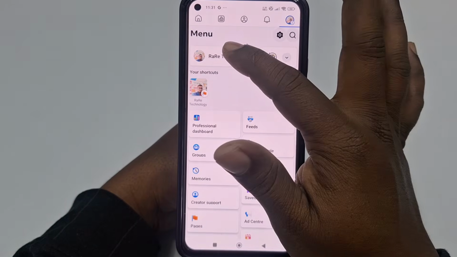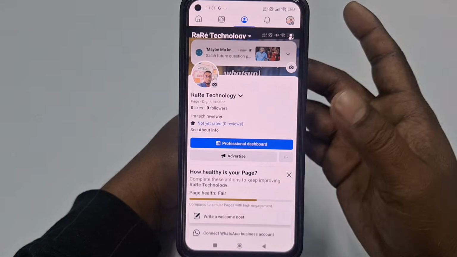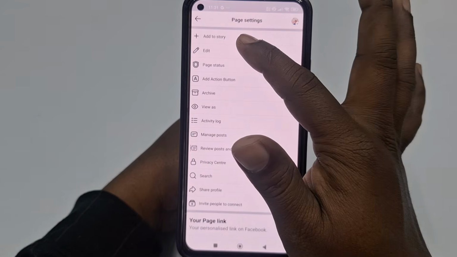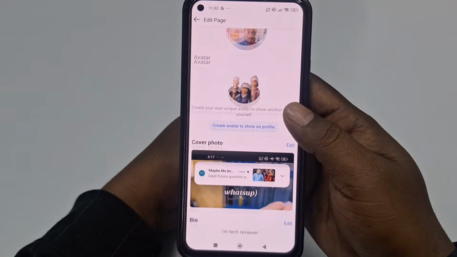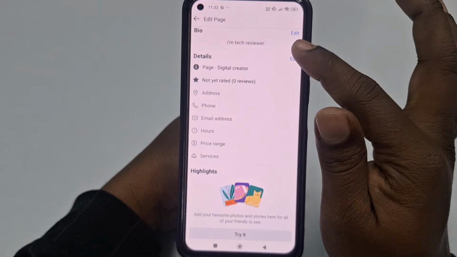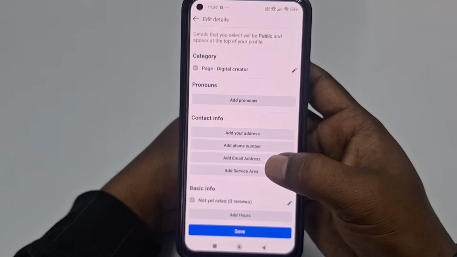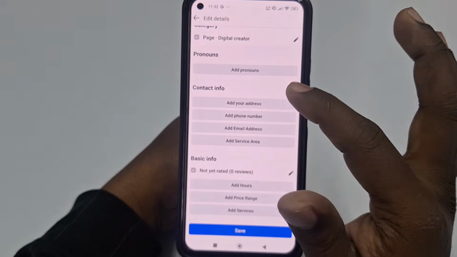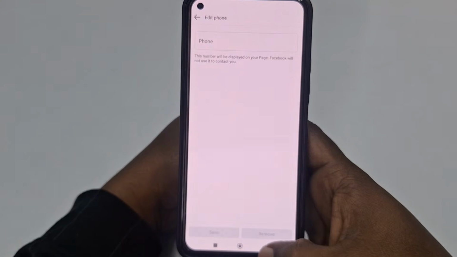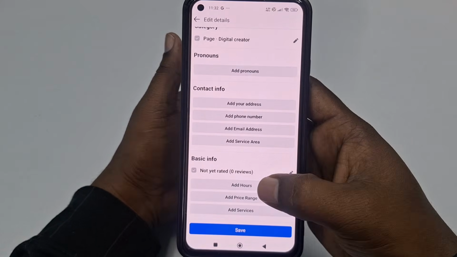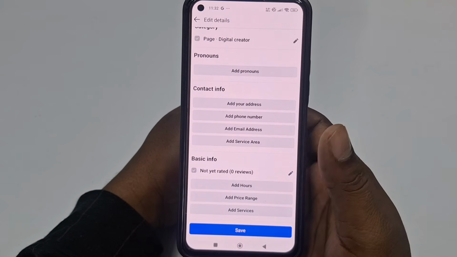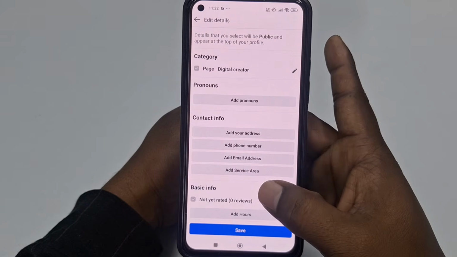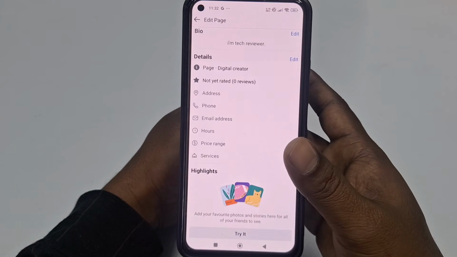Let me go to my Facebook page here, and right now you need to click the three dot line here, and then click the edit option, then scroll down, then click edit, and you need to choose your contact information. I mean, you can add your address, your phone number, your email address. Just give that address, and after that you can see basic info. You can see your opening hours, closing hours, and add services, and after doing that, just click the save option,